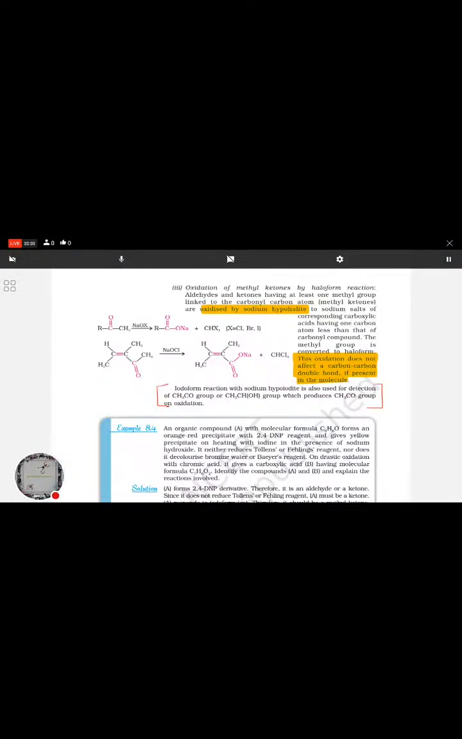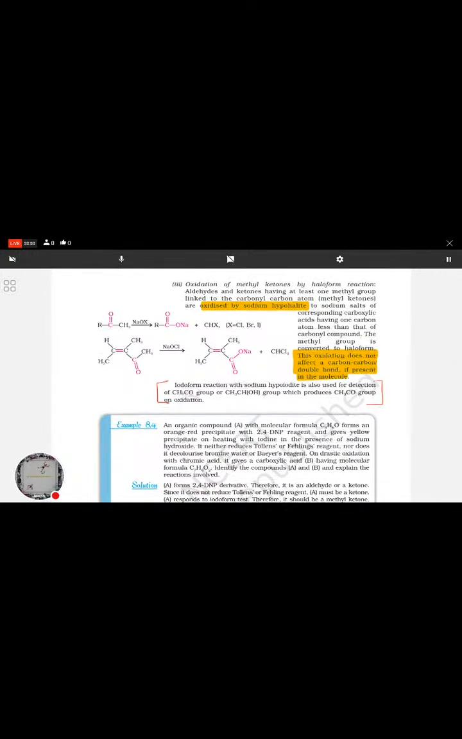Iodoform reaction with sodium hypoiodide is also used for the detection of the CH3CO group or the CH3CHOH group, which produces the CH3CO group on oxidation. So in this particular oxidation, it's the haloform reaction. Haloform reaction, sodium hypo